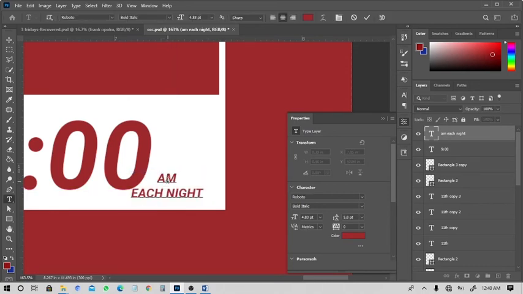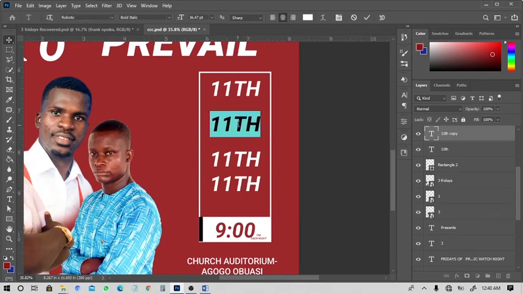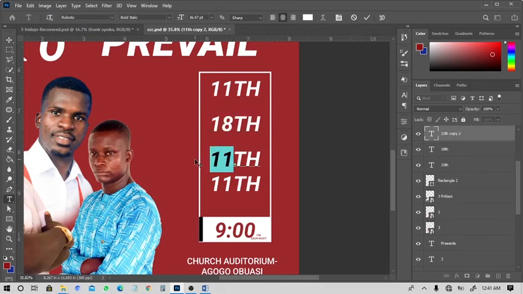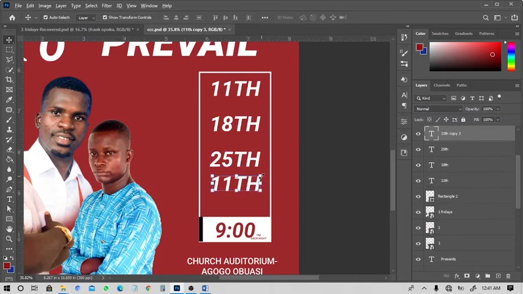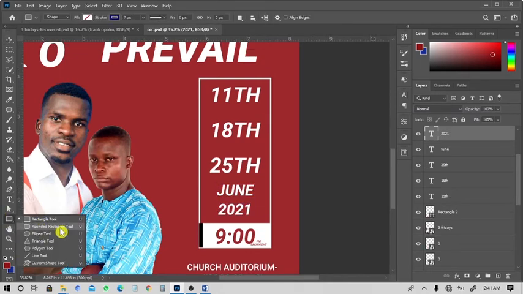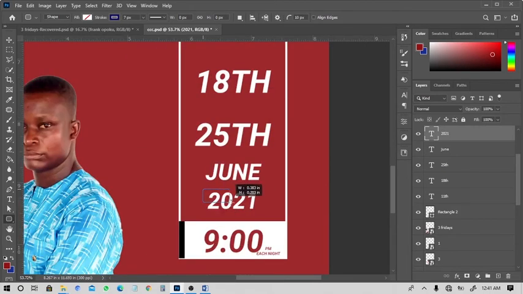So it's supposed to be 9 p.m. each night rather. Then I'll change this one from 11th to 18th, 11th to 25th, and then reduce the size of this and change it to June. Then the last one I'll add the year, and for design purposes I'll draw a rounded rectangle circle around the